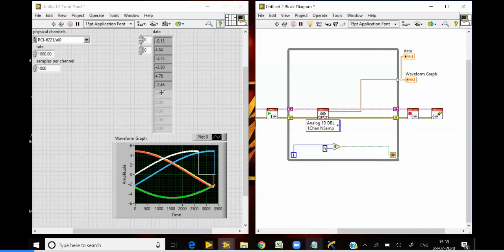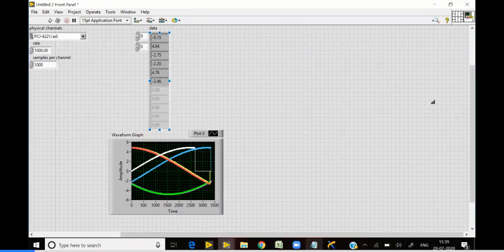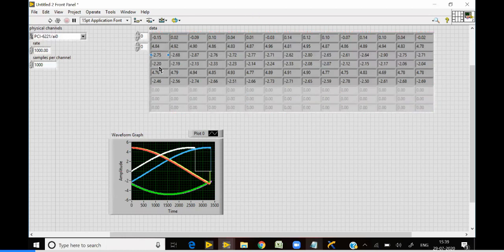So you can see here there are six rows in the array. That means the first row is the value of the first iteration, that is the zeroth iteration. The second row is the first iteration, the third row is the second, this one is 4, this one is 5. So like that it is being increased.